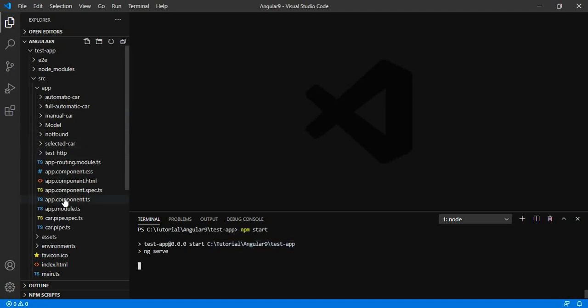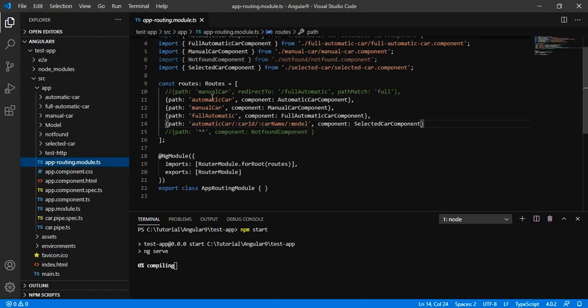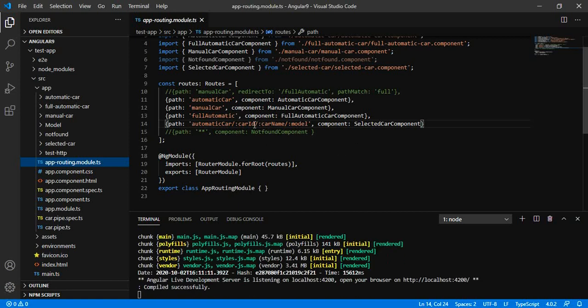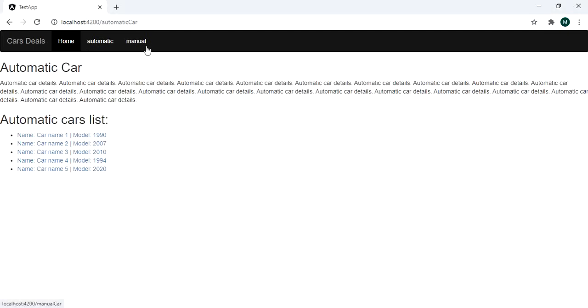We already have the routes defined like this. You can go to my previous video and you will find how we have created these routes. Now we are going to try to add some child route that will be viewed inside some other route. Let us see what we have already created. So this is the application that we have created till now. We have the navigation bar having the links to the routes.